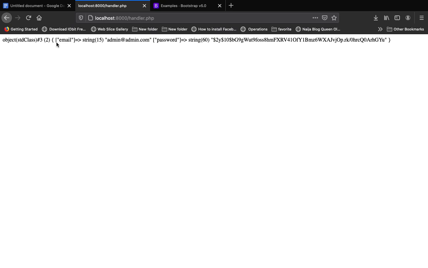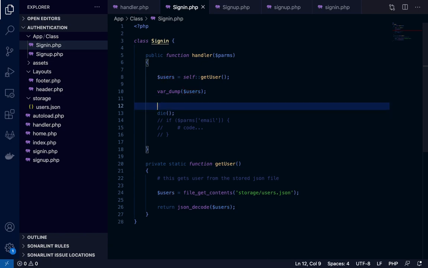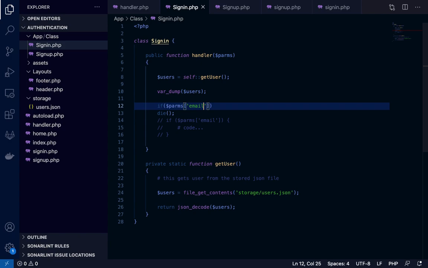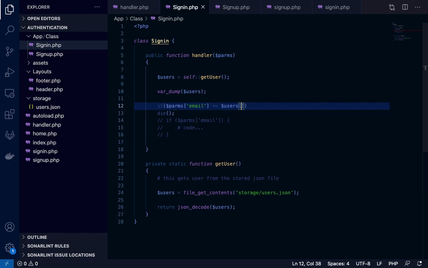Okay, so we have this and this. So we can say if a parameter email is equal to user email and the parameter password is equal to,